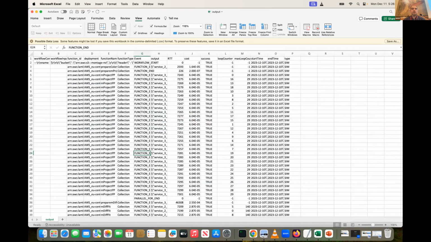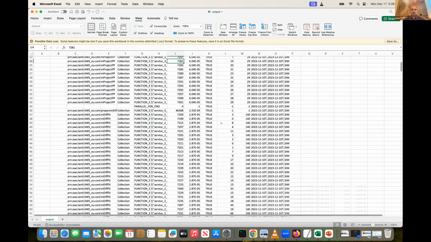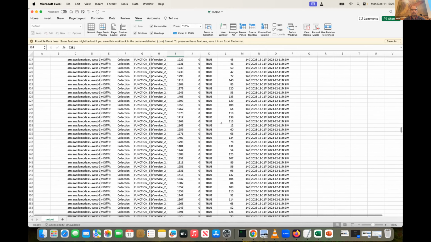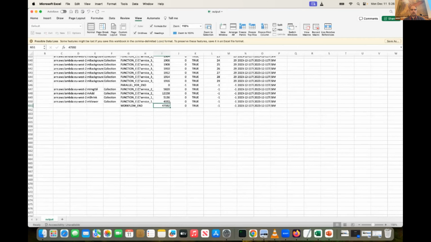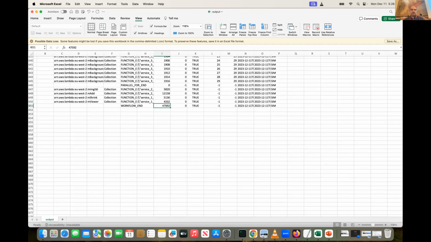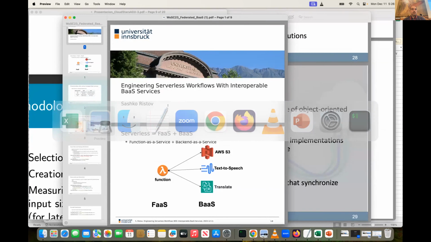Then the simulator would output, for each function that is simulated, the estimated round trip time. As you see, we added some slight deviance, and it will also show the total workflow execution time. In this case, I simulated London, 47 seconds, but the